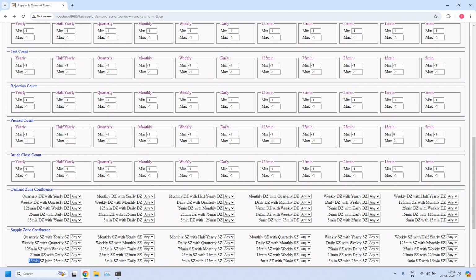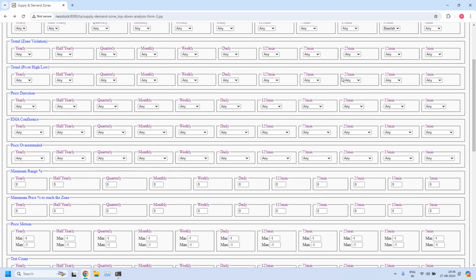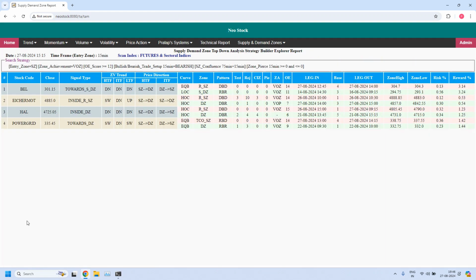So we have 15 minute supply zone with 75 minute supply zone confluence. I am enabling this filter. And now all the 4 stocks are having confluence with ITF time frame. Now let us check any of these 4 zones, the ITF zones, that is 75 minute zones, are having confluence